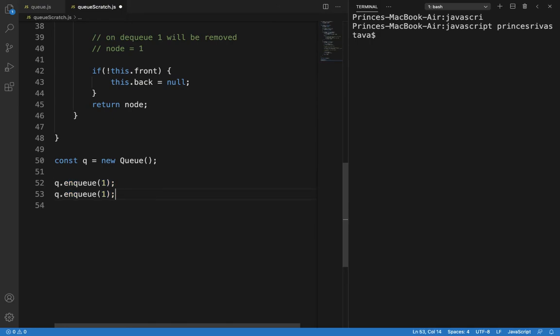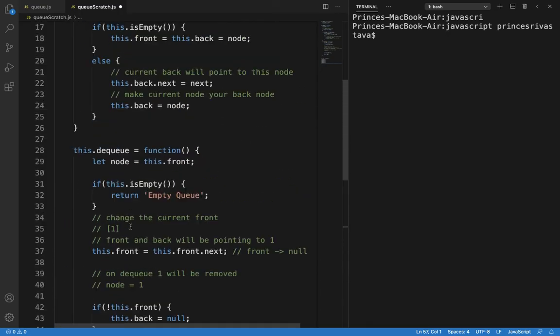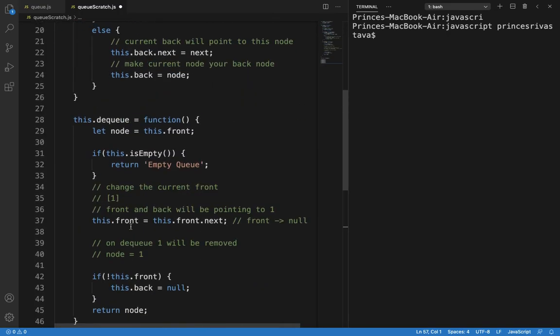Similarly we will add 2-3 elements more: 1, 2, 3, 4, 5. So we have added 5 elements in the queue, and let us print the queue also.